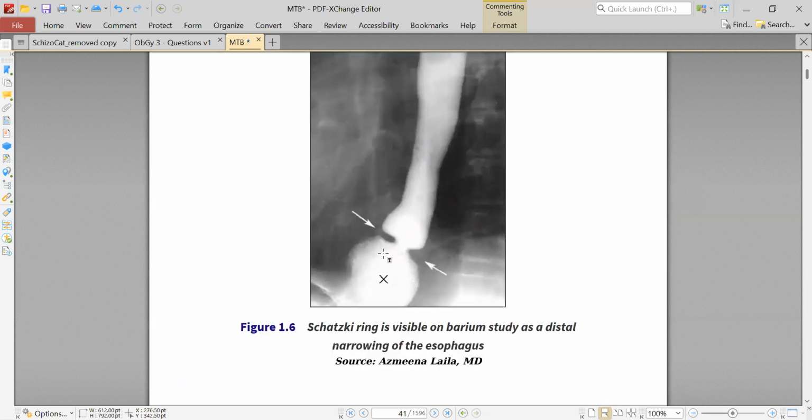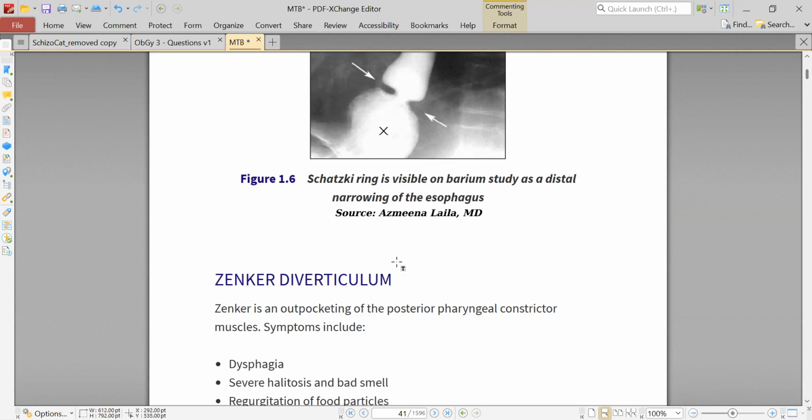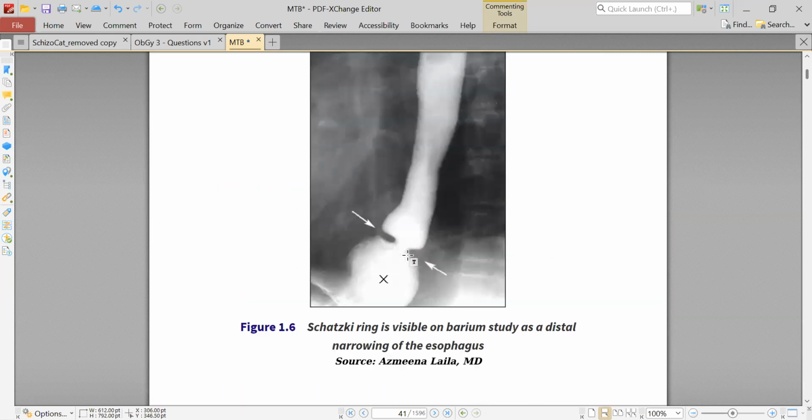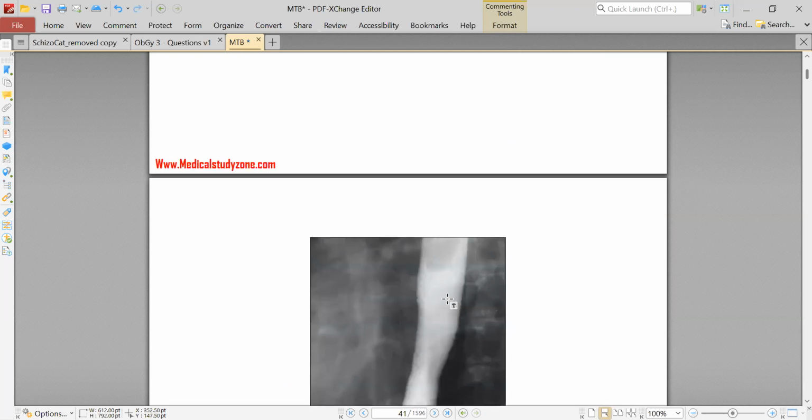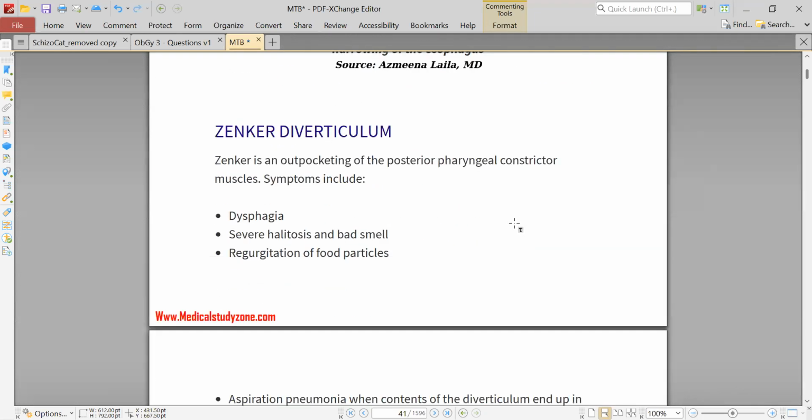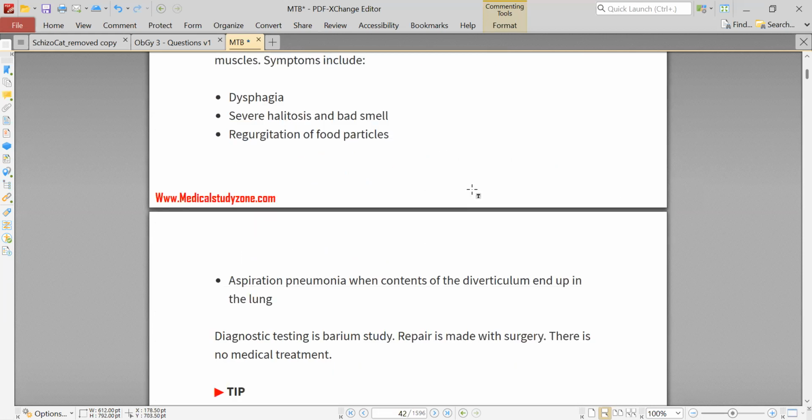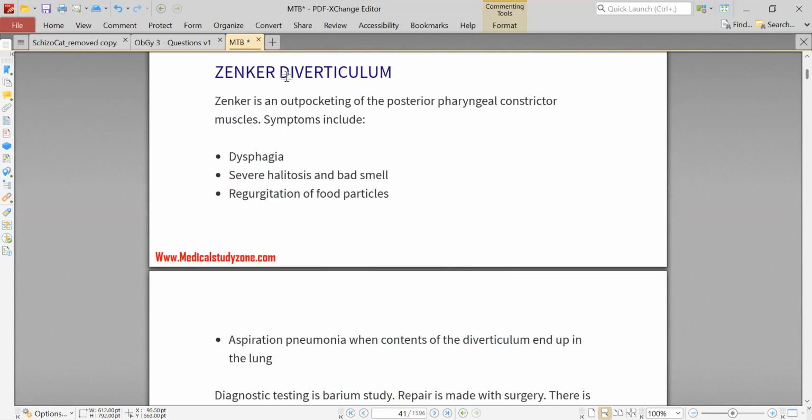So here, this is like a vascular ring. You can see that there is narrowing present. Schatzki ring is present on the lower side, whereas Plummer-Vinson syndrome is present on the upper side. Zenker's diverticulum is actually an outpouching at the posterior pharyngeal constrictor, so the patient will have dysphagia, severe halitosis, the difficulty